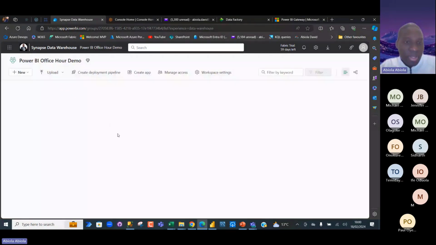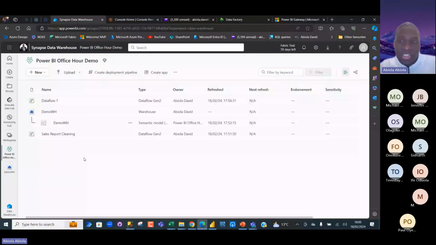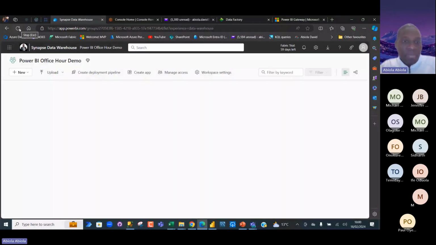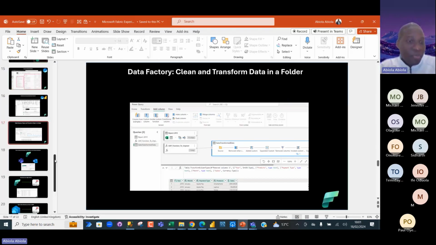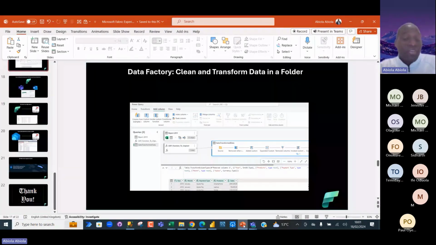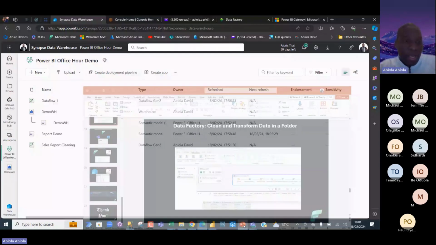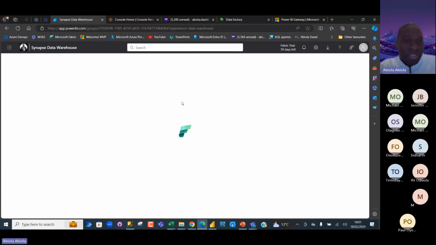So I think it's still deploying that. While that is doing its job, let me refresh one more time. I'm still waiting for that to come anyway. So that's basically how we can easily query data in the data warehouse. Now, I said in the presentation, in the slide, that we can even query data in the SSMS by using a connection string.